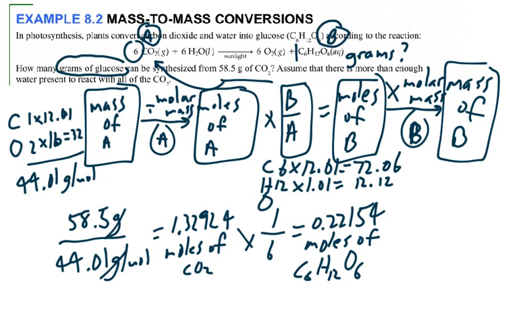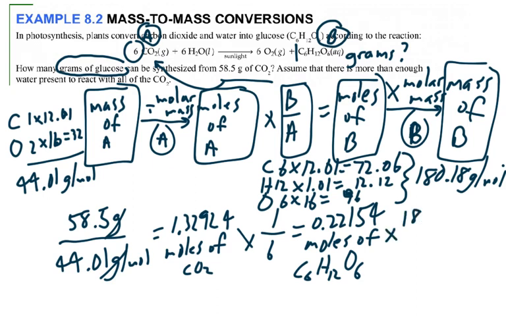And as far as oxygen, there's 6 times 16, which is 96. And when we add this up, the molar mass is 180.18 grams per mole. So if we do the last step here, if we multiply by 180.18 grams per mole, the moles will cancel, and this problem had 3 significant digits, so we're going to round it to 3 significant digits, and we're going to get